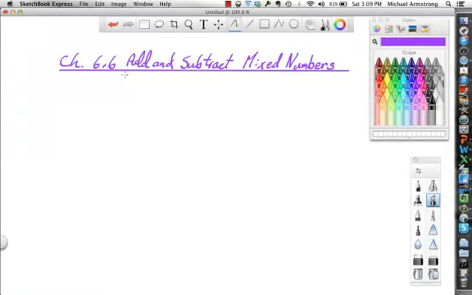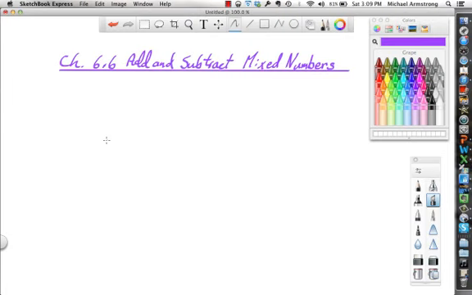Okay, chapter 6.6, add and subtract mixed numbers. Now, please don't be afraid. It's very similar to adding and subtracting fractions. We still have to do all the same things, common denominators, etc. The story on page 265 talks about mixing paint, and we don't need to go into all the details. You can look it up, you can read through that, and you can pause this video if you need to